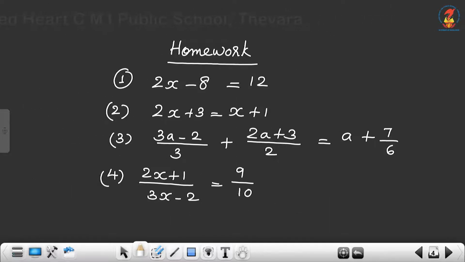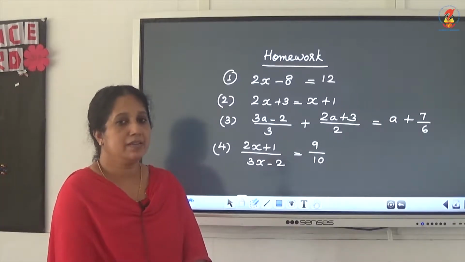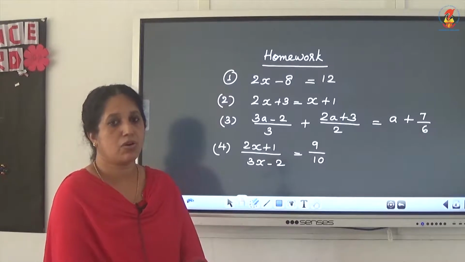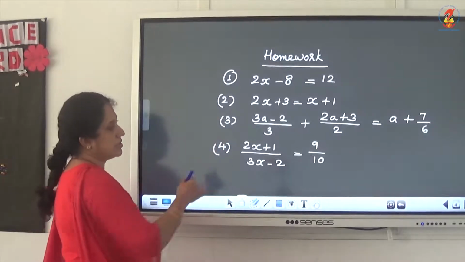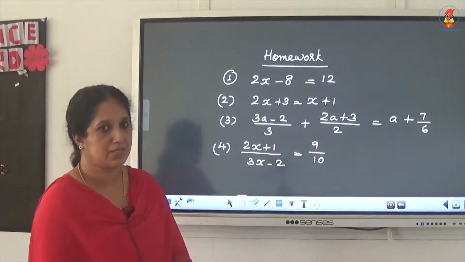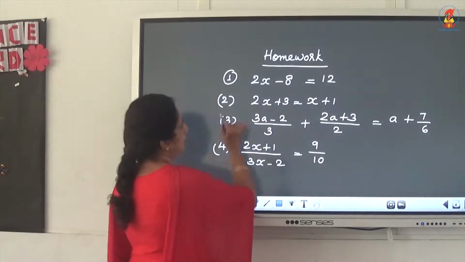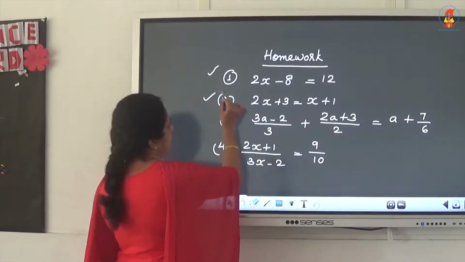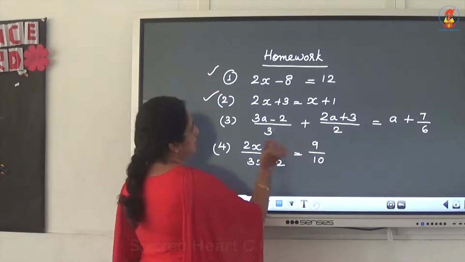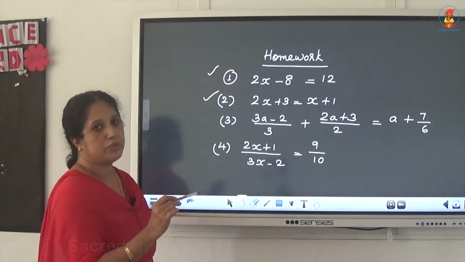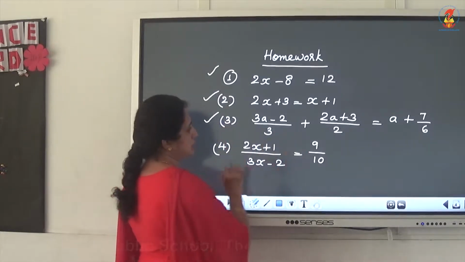Now children, this chapter is completed. Therefore, we learned different methods to solve a linear equation in one variable. So here the homework question is based on those different methods. If we have a linear equation with the variable on one side, that is the first one. Second one, the variables on both sides, how will you simplify? And third one, we have to reduce the equations to a simple form. So for that method, one question is given.